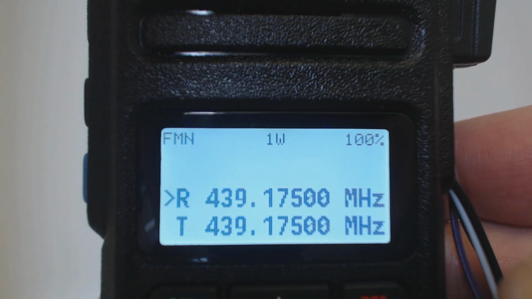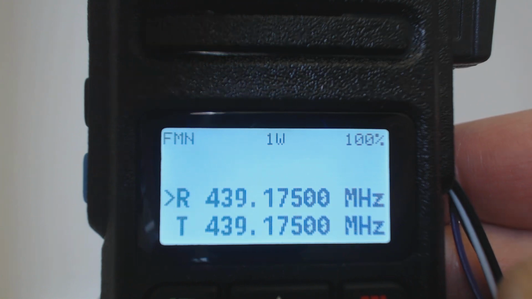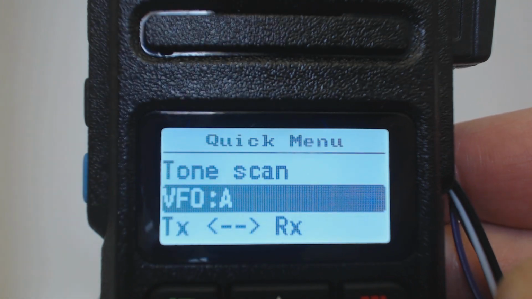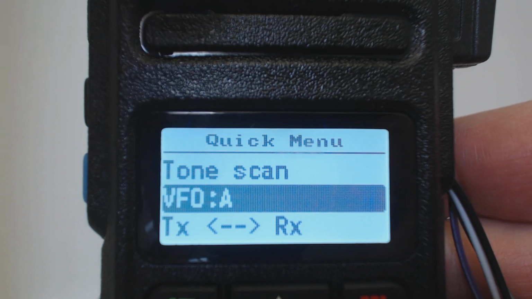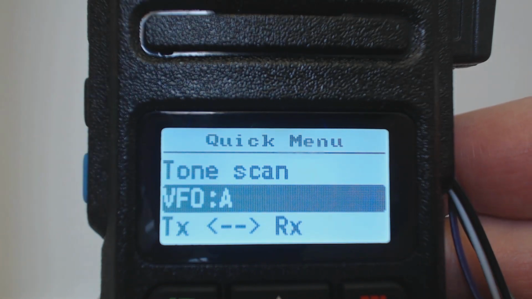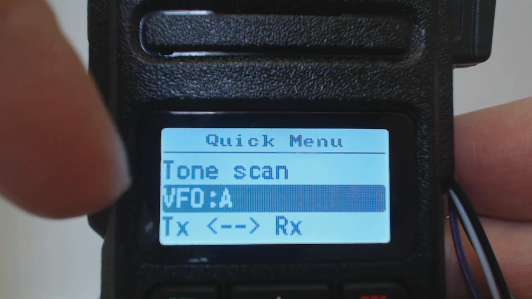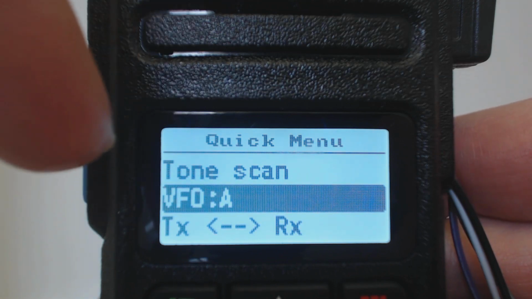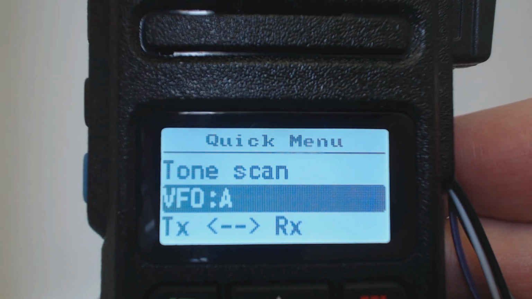Now if you press the orange button in the VFO menu, the quick or context sensitive menu appears. Now this gives you a list of things you can do in the VFO. You can switch VFOs because there are two VFOs, VFO A and VFO B. So it's got a very easy way of switching between VFOs, because if you push the orange button, it